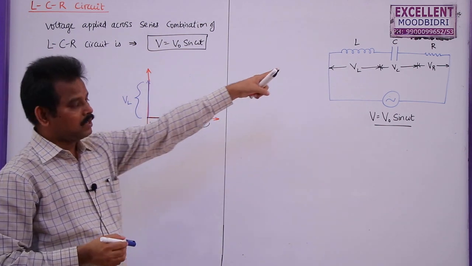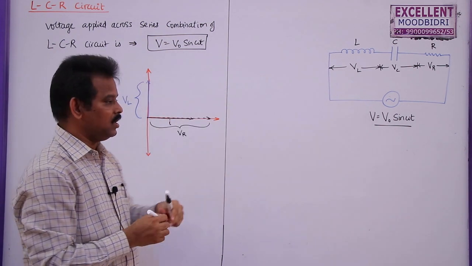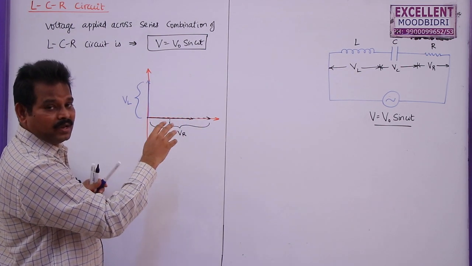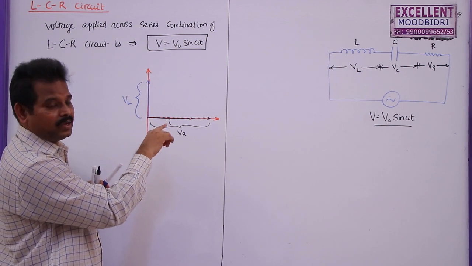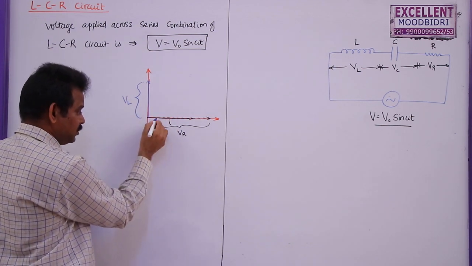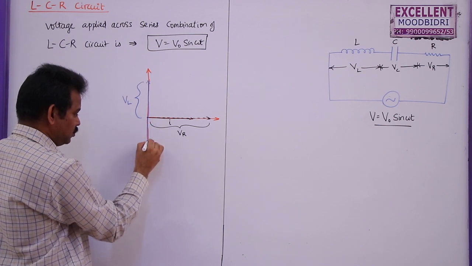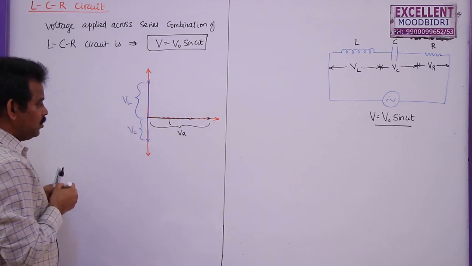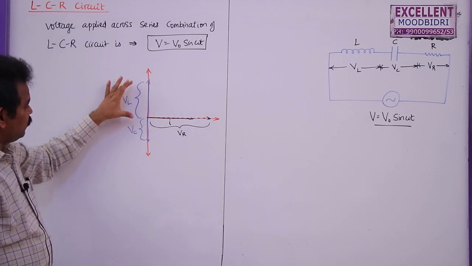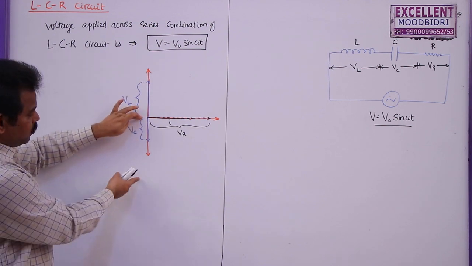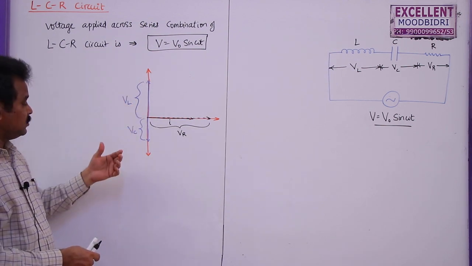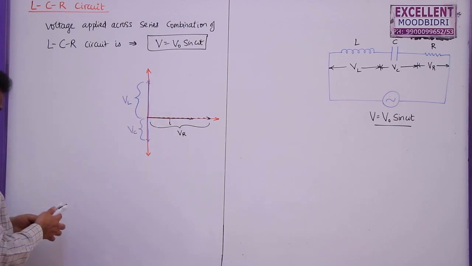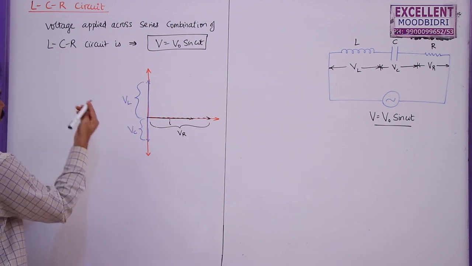Similarly, for a pure capacitor circuit, current leads the EMF by 90 degrees. So this is already current, or current leads the EMF by 90, or EMF lags behind the current by 90. So behind this by an angle 90, we have this VC here. So this value will be VC. In some diagrams VL may be given this much, VC may be given more. That means capacitive reactance as well as voltage across the capacitor is more than this. But in this diagram, we are assuming that VL is greater than VC.